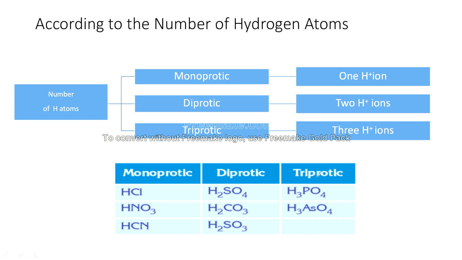For triprotic we have phosphoric acid and arsenic acid. It means that arsenic acid will give three hydrogen ions produced. Carbonic acid will yield two hydrogen ions. Hydrocyanic acid will yield one hydrogen atom when ionized